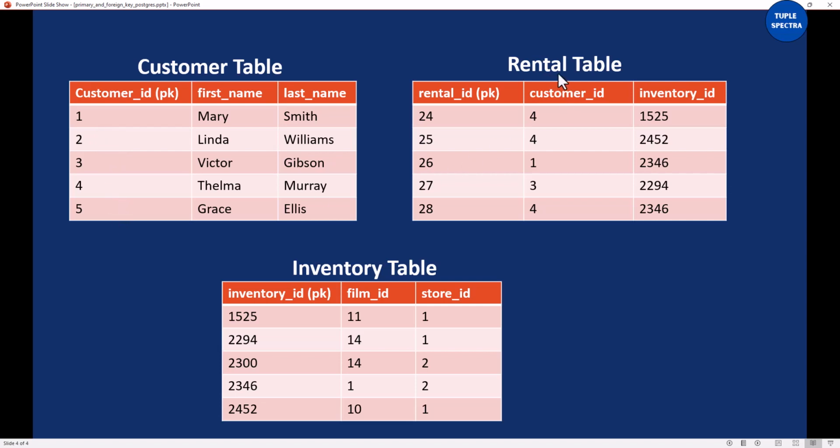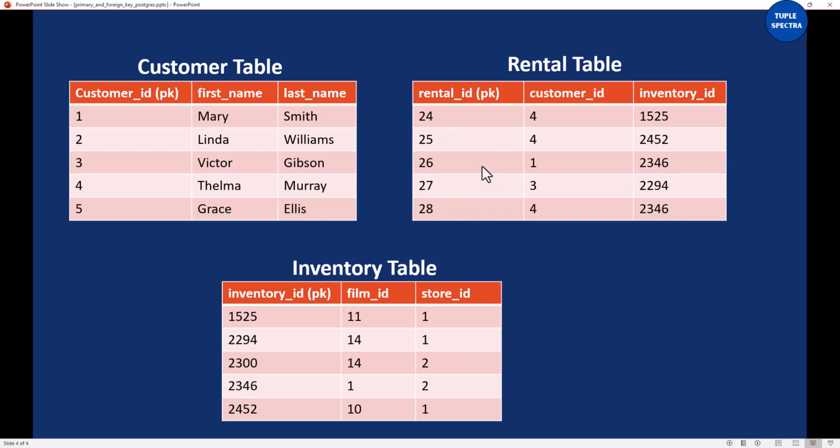Also, if you come to the rental table, we also have a primary key, right? That means that for each movie or each film that is rented, there is a rental ID associated to each transaction of a movie that is rented. So take for example this customer ID 4 rented movies, right? They rented 3 movies right here. This is one rental ID, this is another rental ID, this is another rental ID. You can see rental ID 28,